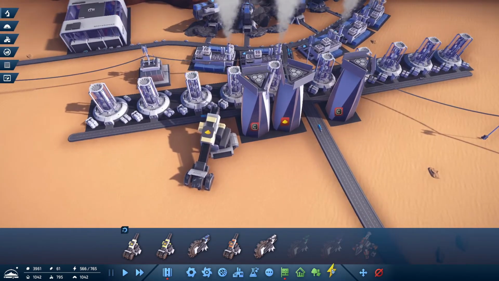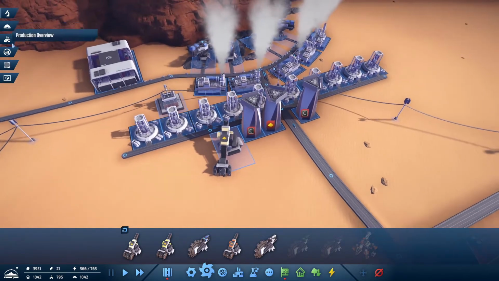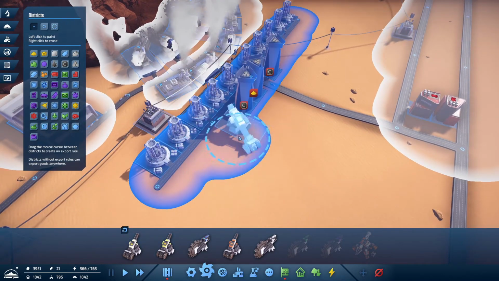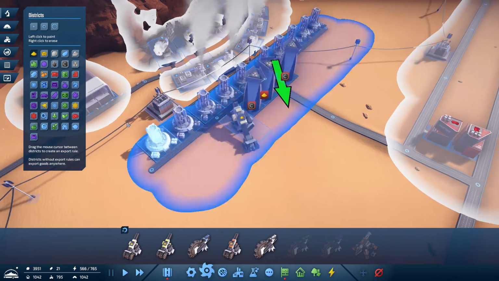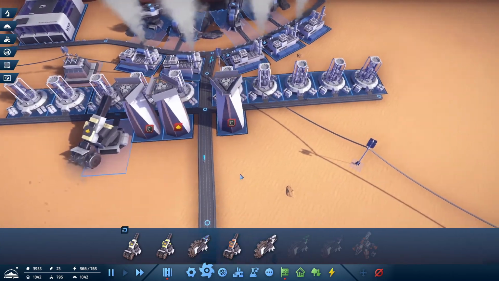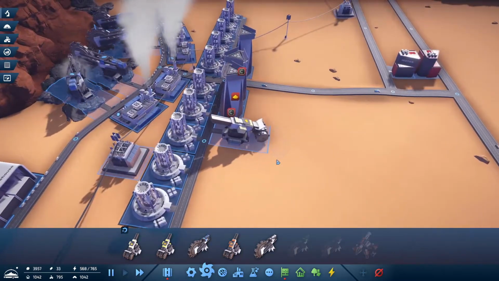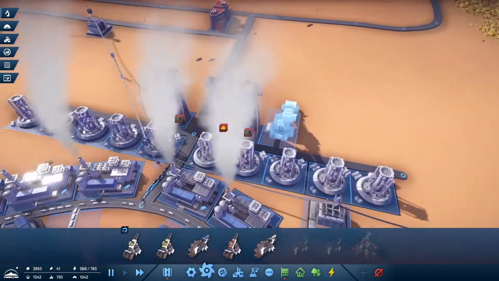Because I'm assuming, yes, we can do that. So the district thing, we're going to expand a little bit out this way. We're going to say sand is also an internal thing. Don't export that sand. All right, so these should now...